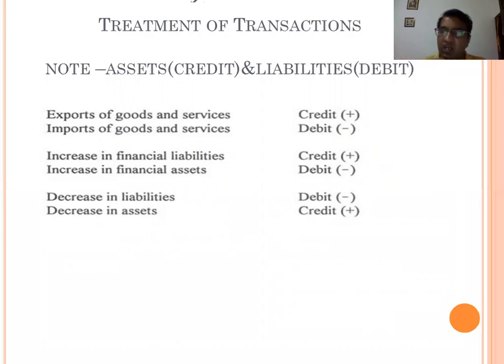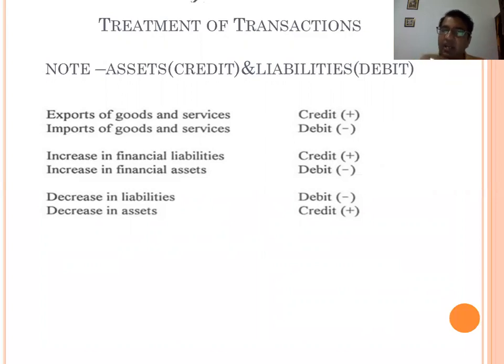Then the question arises, if we receive payment or we pay money, then on which side will it be recorded? So there are two sides in the balance of payment account. One is the asset side, that is called the credit side, or maybe it is also called the plus side. Second is the liability side, which is called the debit side. The inflow of money, that all is the credit side. We will record in the credit side one by one.